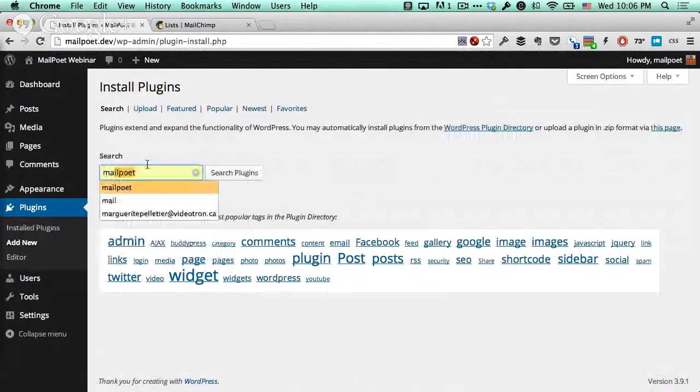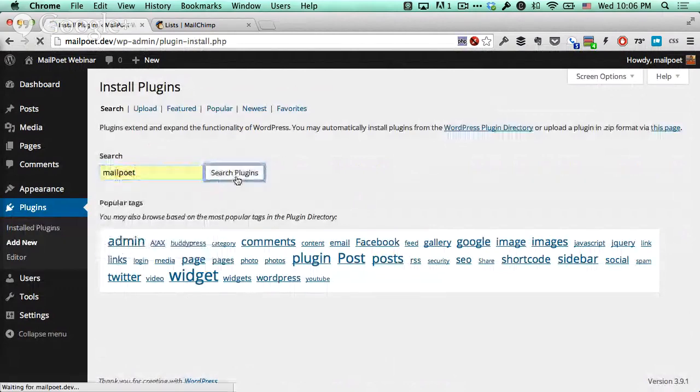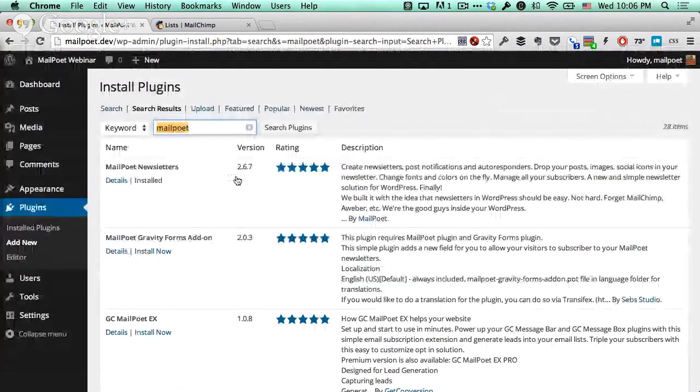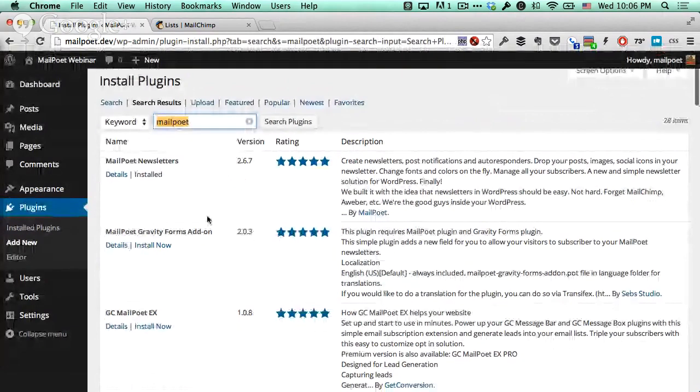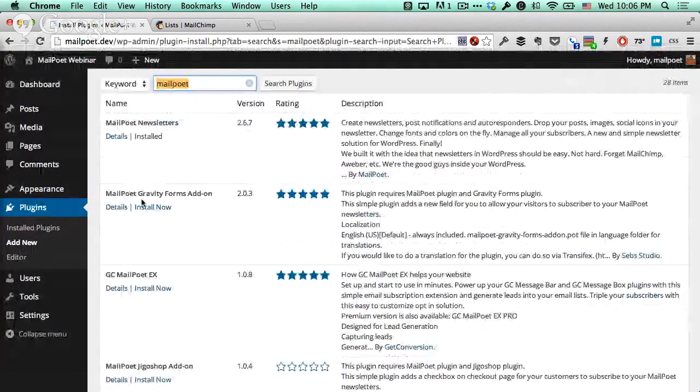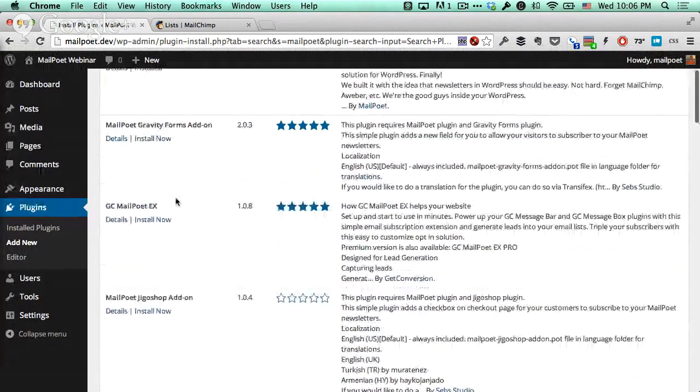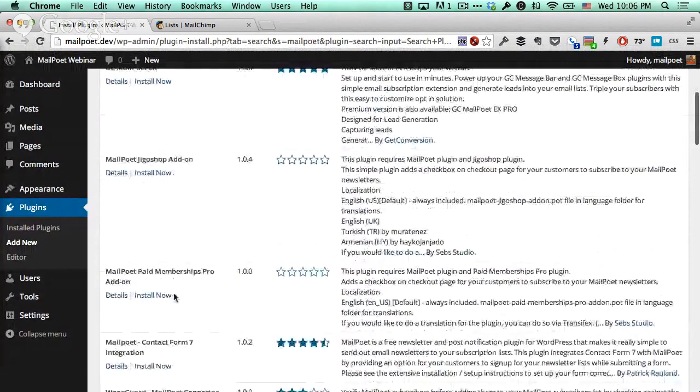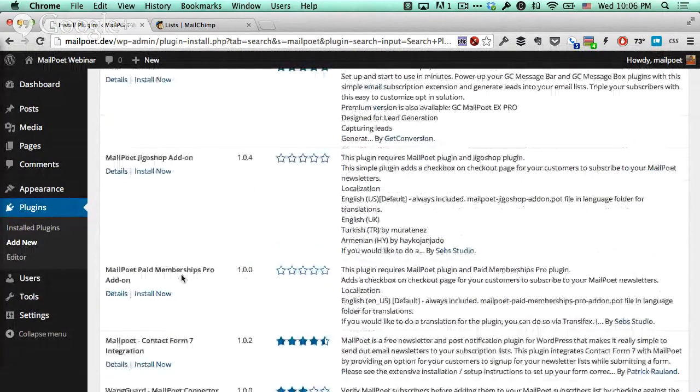And if you search for MailPoet, you can go ahead and search the WordPress repository for MailPoet. You can see that it's installed, but then we've got extra extensions like MailPoet for Gravity Forms. So if you have Gravity Forms and you want that checkbox, please add me to my email newsletter, you can do that. If you have a Jigoshop, if you have Paid Memberships Pro,